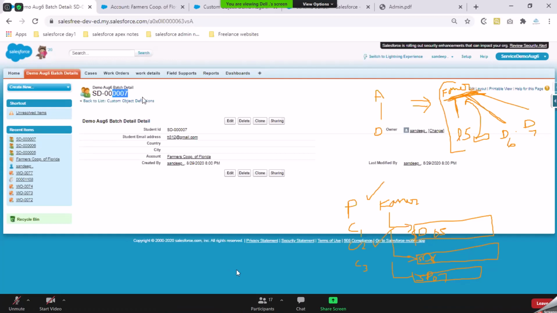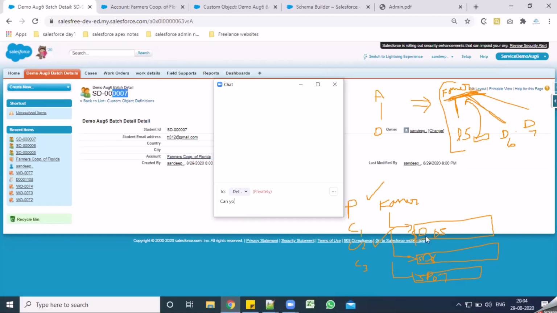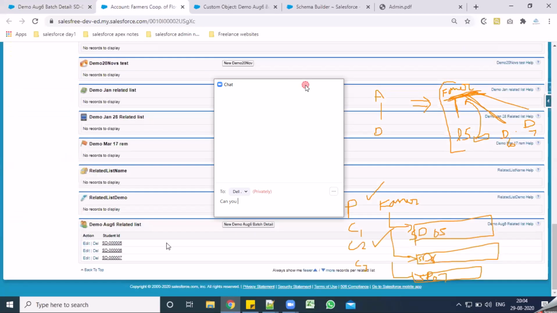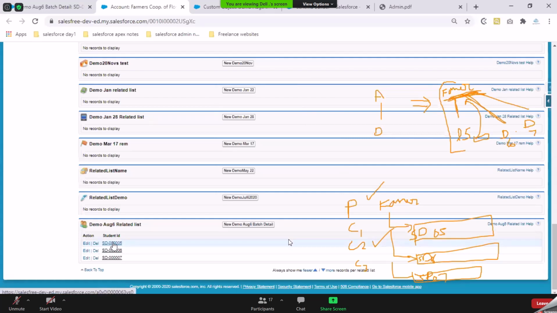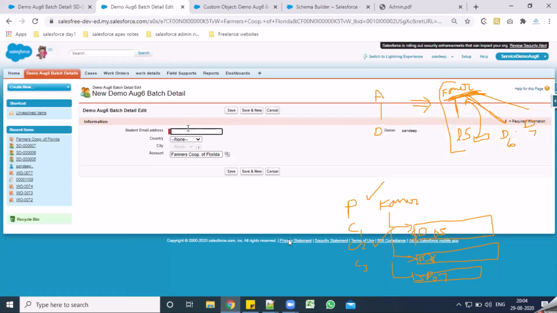Now we were able to understand that I have this farmer account, Farmer Corporation of Florida account, and for that I've connected these demo records. Alright. So now if I go to the related list, I have an option to open my children from my account. I can also create a record from my account page itself.